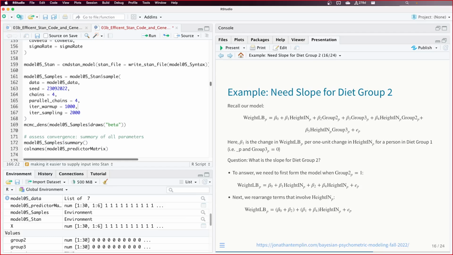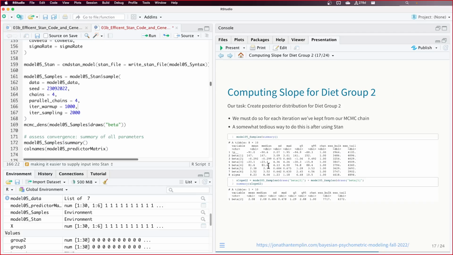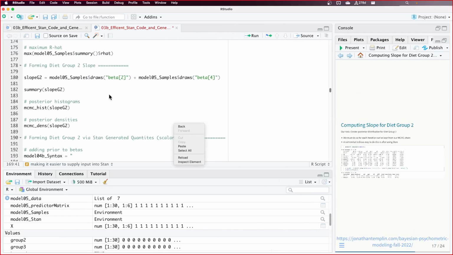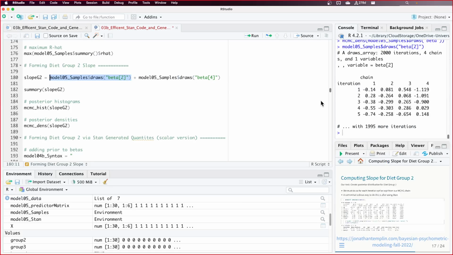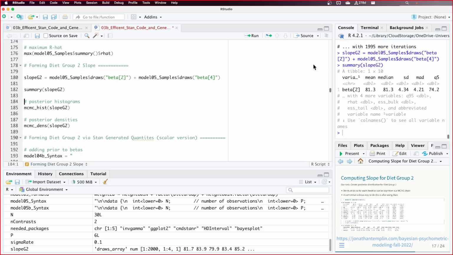So we could take, in our posterior samples, we could take our chain, we could highlight just beta 1, we could highlight just beta 4, and sum them together and get a value. Let me see if I can do that real quick. Yeah, right here. I actually did do that. So it turns out, let me go to my code here. So the slope for group 2, remember, this is our posterior samples. This model 05 underscore samples is the object that contains all of our samples, right? $draws is a function that only highlights the draws or the samples from a specific parameter you tell it. So this is all of the draws for beta 2. We could form a new variable where we take beta 2 and add beta 4. And sure enough, there is the slope